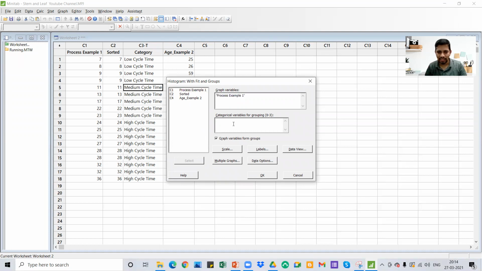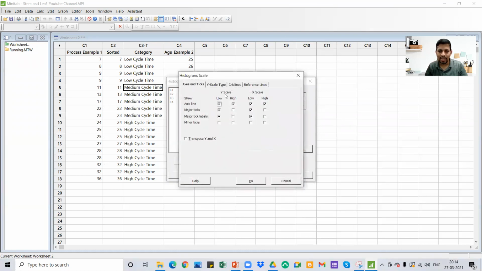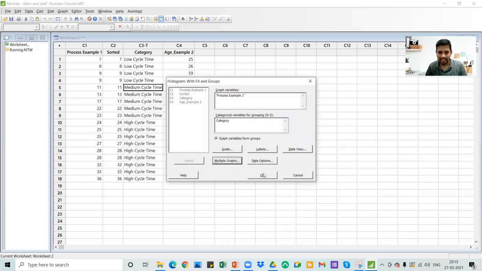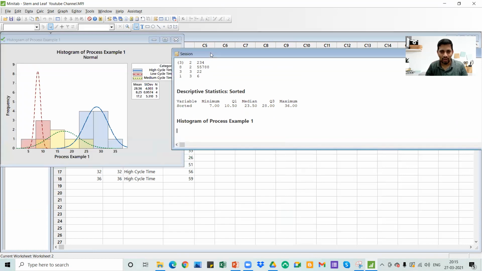So I will give process example 1 as the category. I'll quickly check whether all these values are the same. For example, scale, I'll check whether I'm comfortable with the frequency, the number, that's fine. And if you want the overlaid graph, that's fantastic.